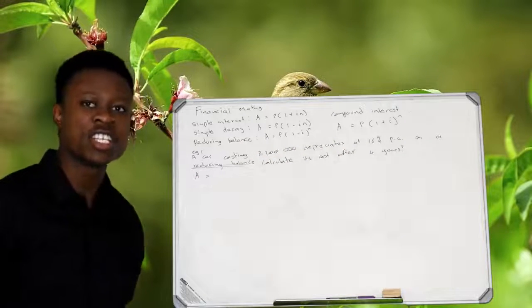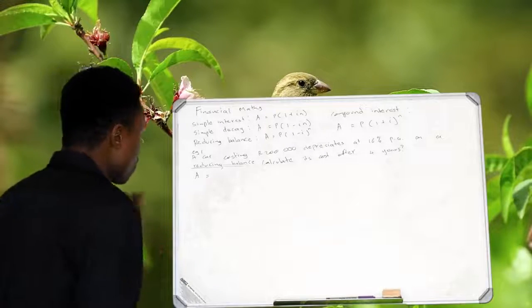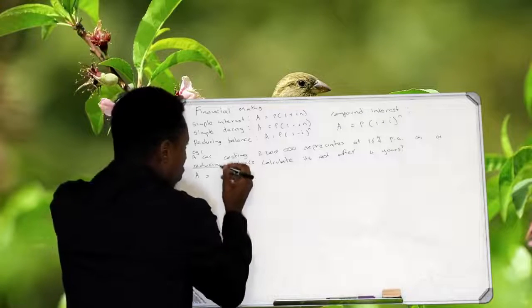It means that it's decreasing. If something is depreciating, it's decreasing in value. So my formula would be, of course,